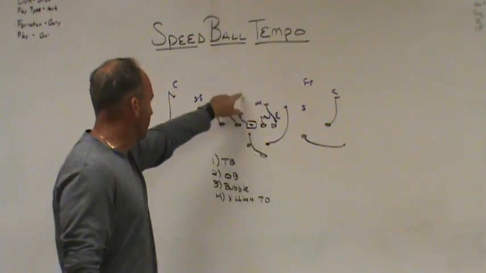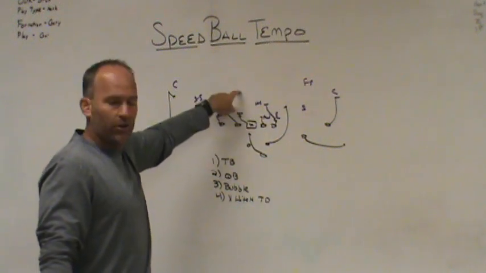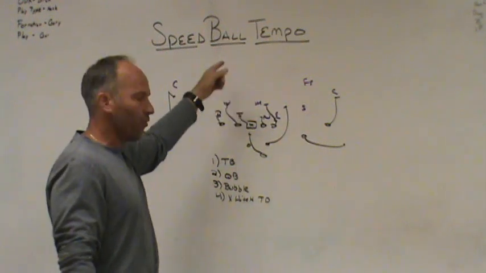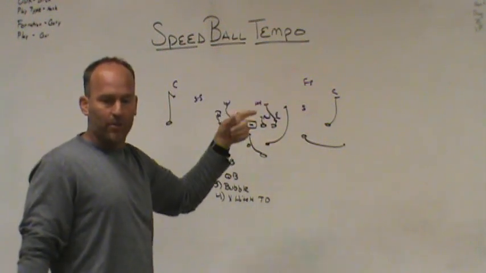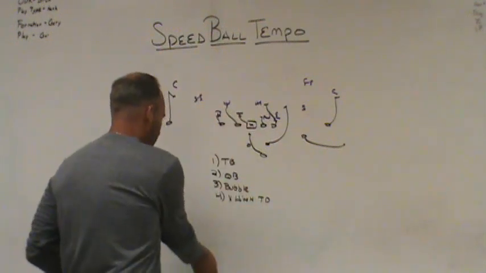So now you could possibly, by the time the referee blows this ball ready for play, you might be able to snap this ball every 4 to 6 seconds, as opposed to snapping it every 12 to 15 seconds. All right, because there is no communication involved. All right, so this is the fastest you could possibly play.